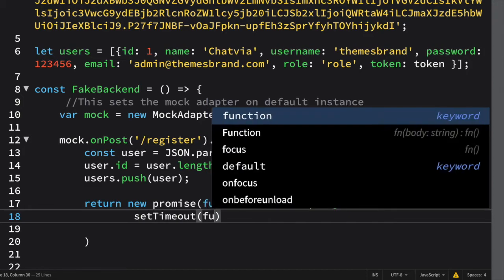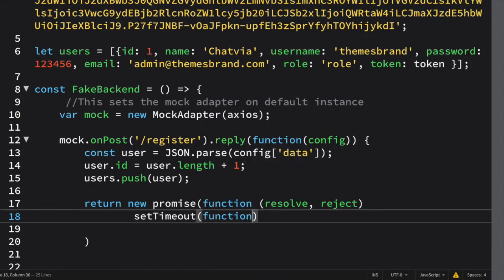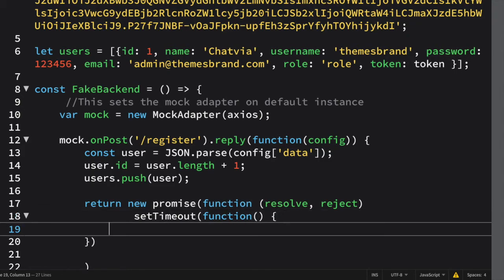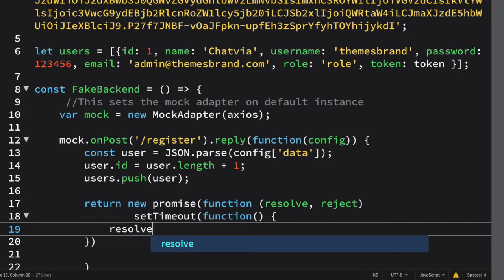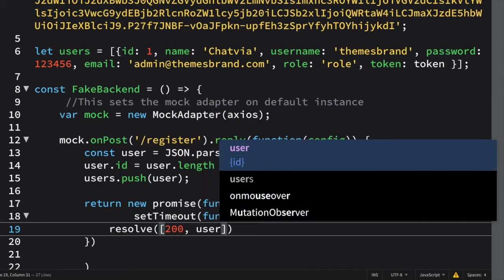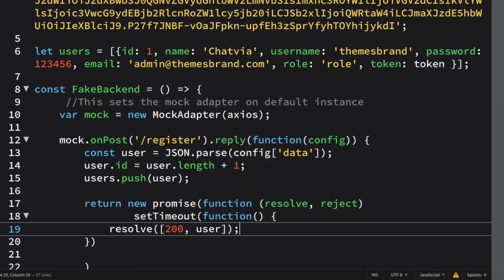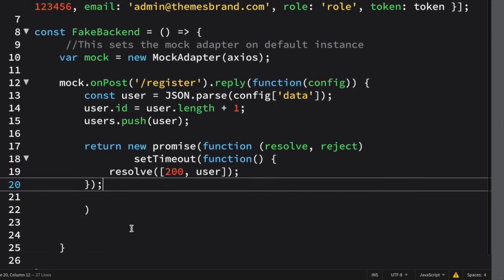So here I am giving setTimeout, and then inside this I am giving a callback function, and here I have to write the resolve. If it's resolved, then you have to return this 200, which is a code for successful login, and the user's data to the backend. So end this statement like this.